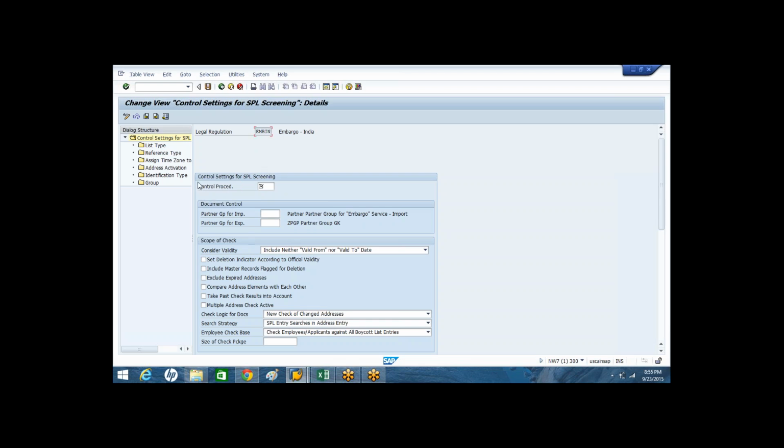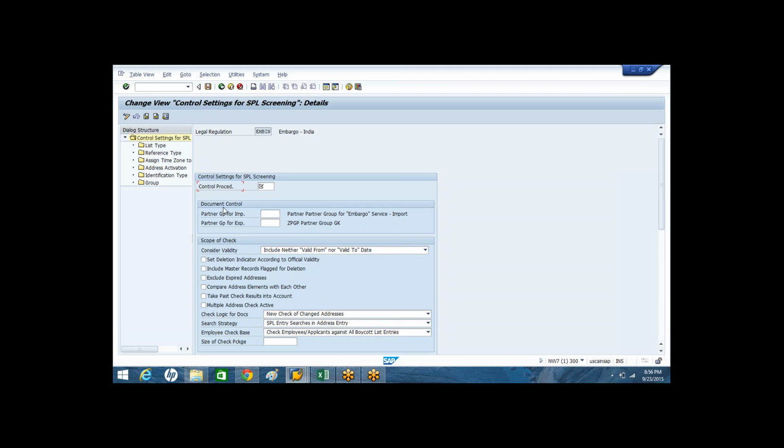Can any one of you tell me what this control procedure is and where we define it? We spent a very good amount of time on it yesterday. No, please, it is not the determination procedure.